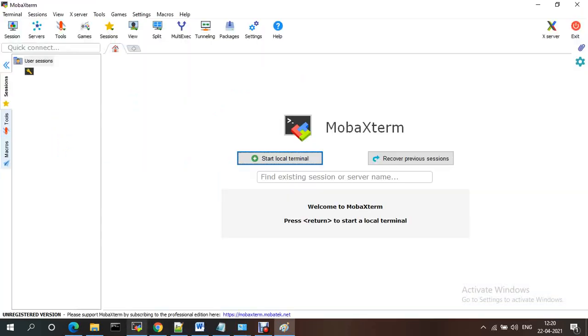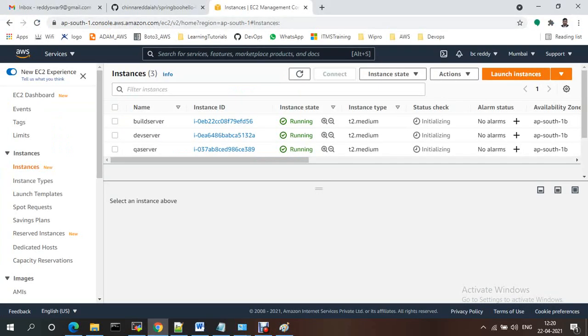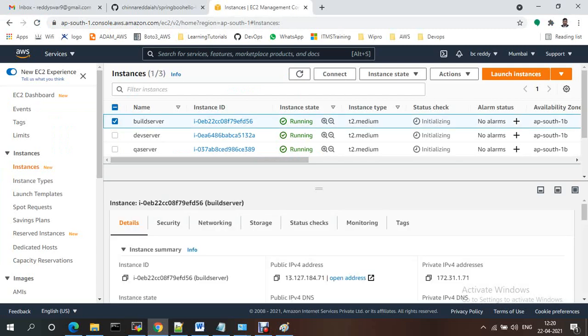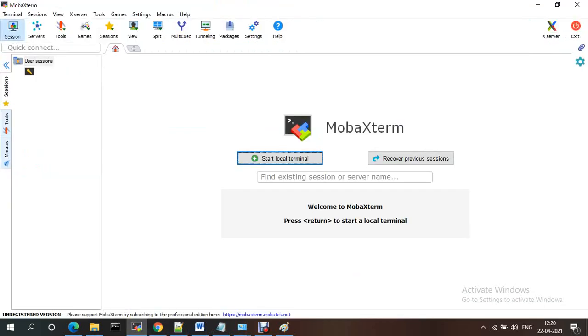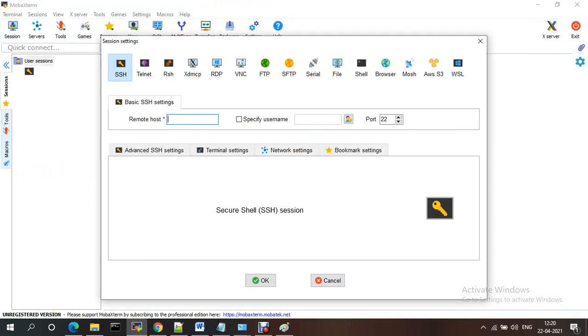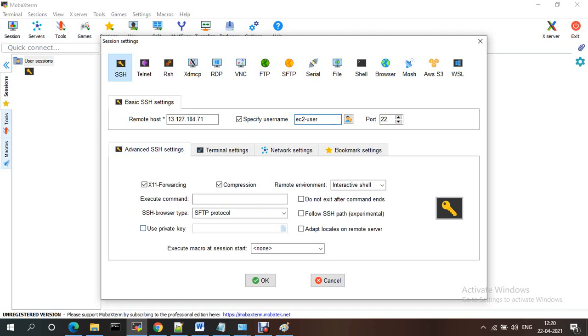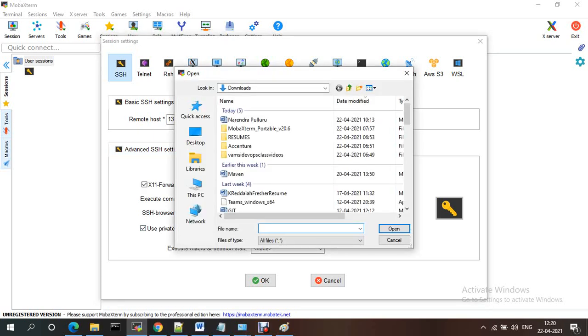So first I created three EC2 instances. Let me connect one by one, and we'll install all the required software. I'm taking this one. Username is ec2-user because it's Amazon Linux 2. I need to select my pem file.